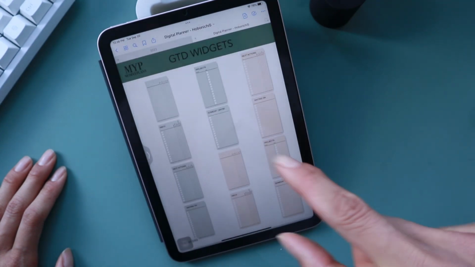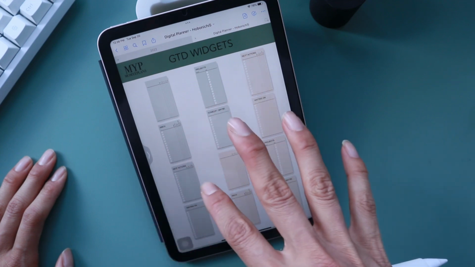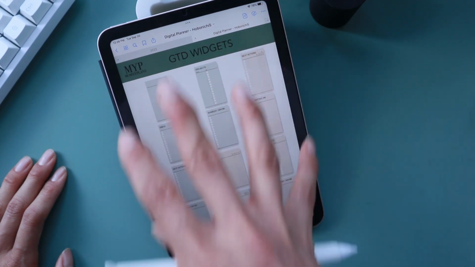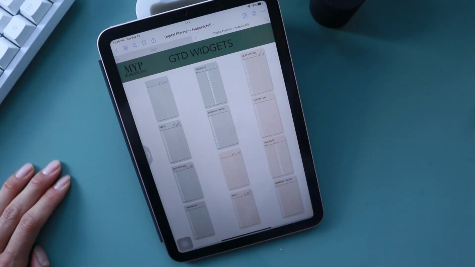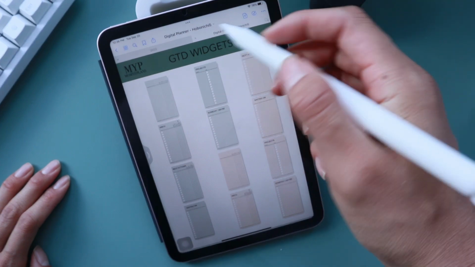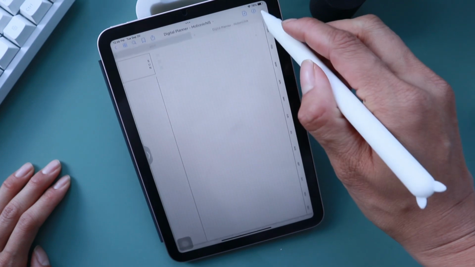So that's this. The other way you can do it is usually, not always, but usually the shop should offer your stickers in a PNG file, because these stickers are basically just a picture. And then from there, you can also import it by adding a photo on your daily page. So for example, if I was in here